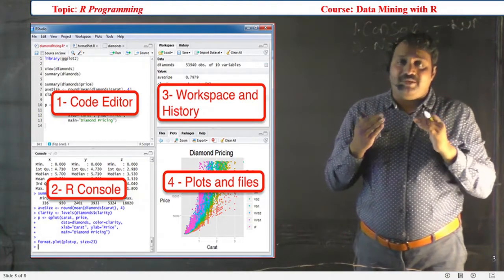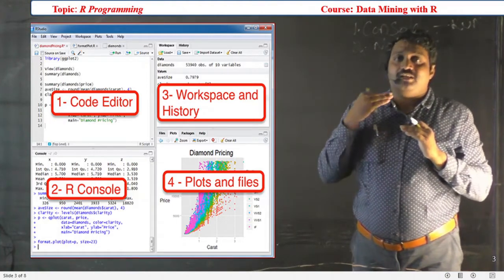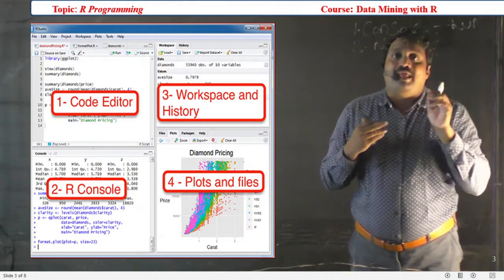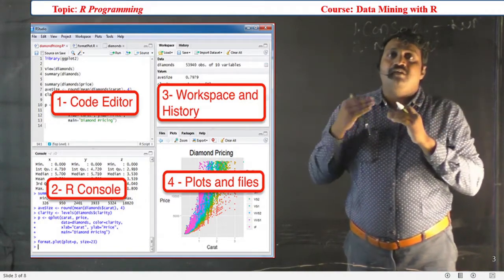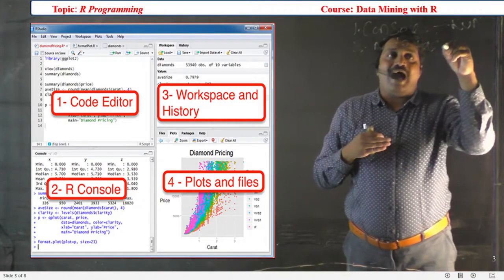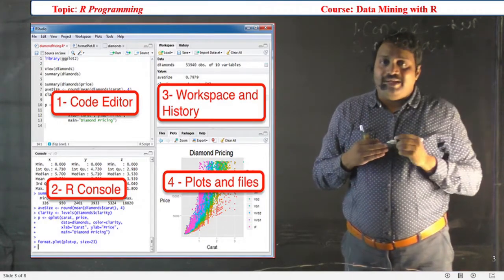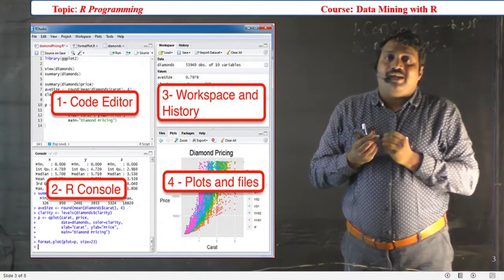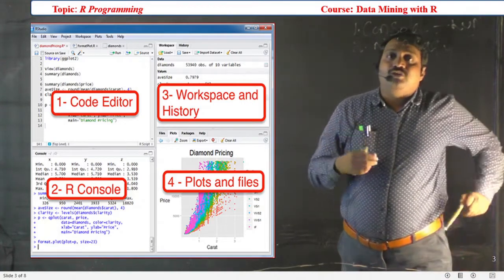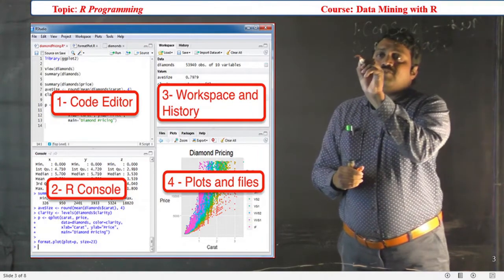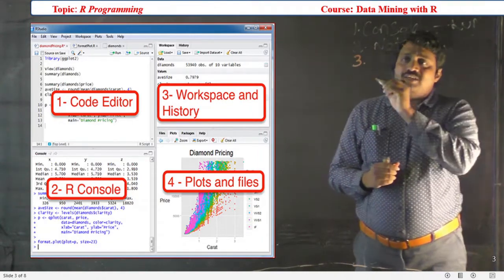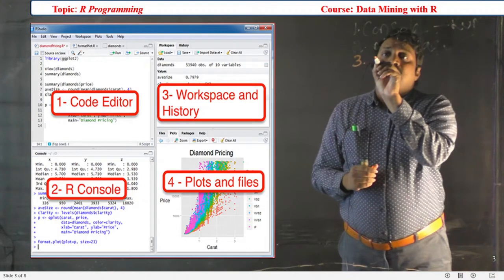Because R is an interpreter, whenever we write code we can immediately execute it line by line. But a program consists of more than one line, so at that time our notepad or editor helps us write the code easily and execute whenever we need.